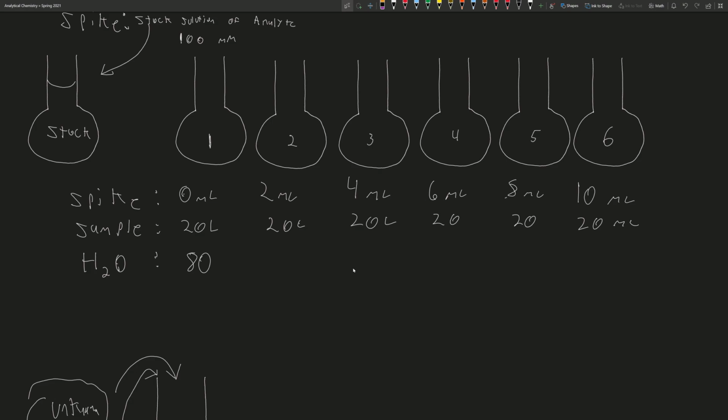Let's say 70 milliliters here. Let's say 76, 74, 70. So